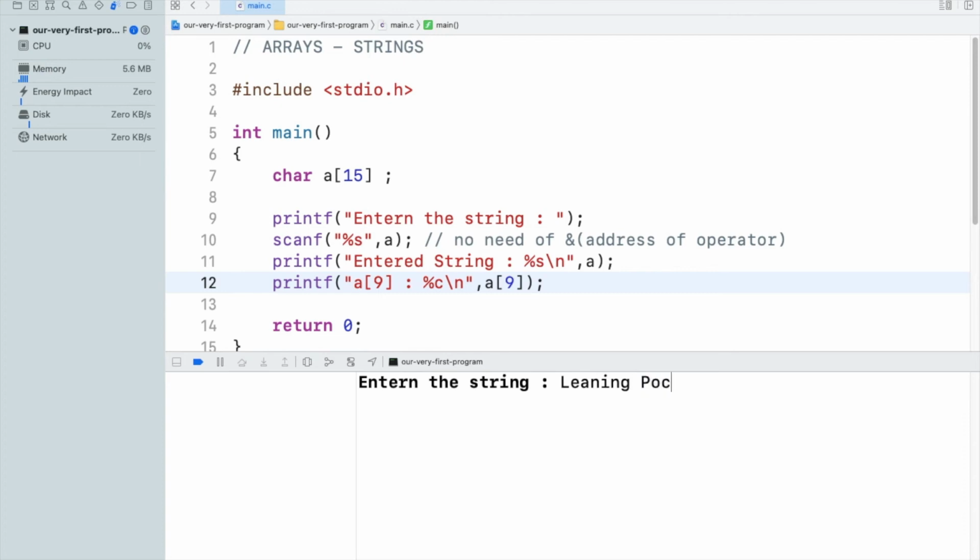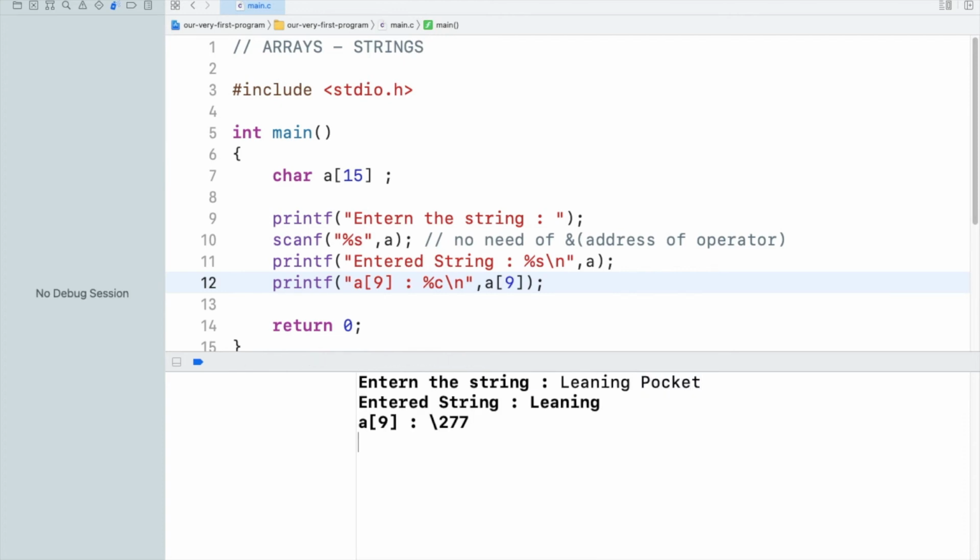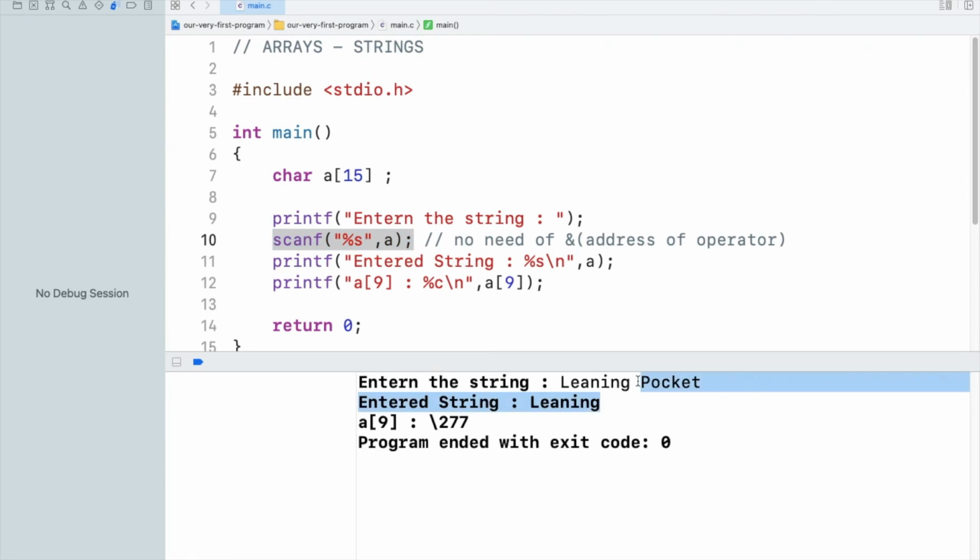Learning pocket, and you see we got a gibberish, or you can say a random value for a9. And why is it so? Because this part was never saved. If we are going to use scanf to scan a string, as soon as you type a white space character or space bar, the scanning process is going to get terminated.